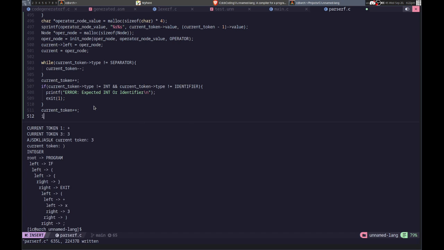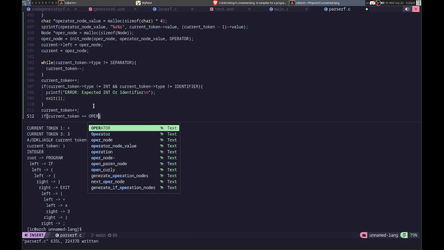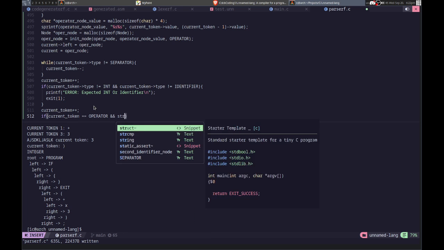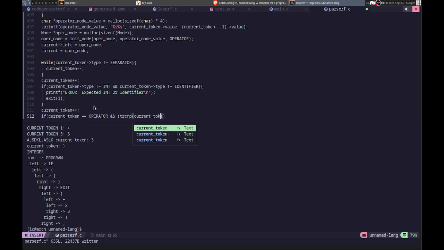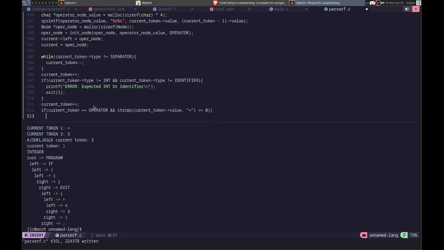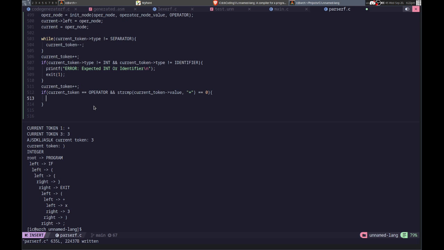Then if current token equals an operator and current token value is not equals, because if it's equals, then that means we just went back to what we were at before. Then we will do this. So that means we reach an operator. So we will do node